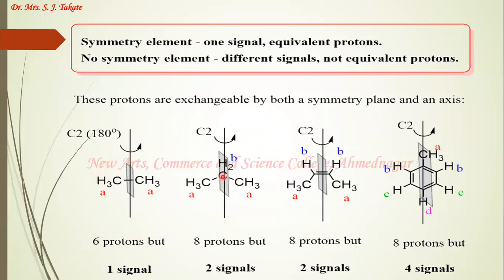Look at this, the propane molecule is there. Again, check for the 2A protons. 2A protons, they are homotopic because there is an axis of symmetry present, and using this axis of symmetry, these will exchange their positions, and this means that the protons are identical protons. They are homotopic protons.